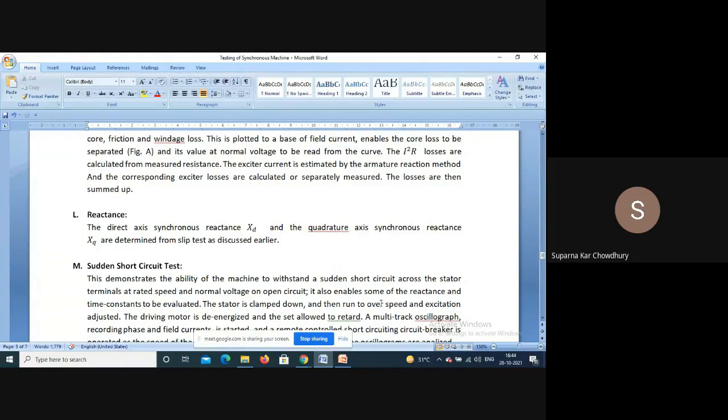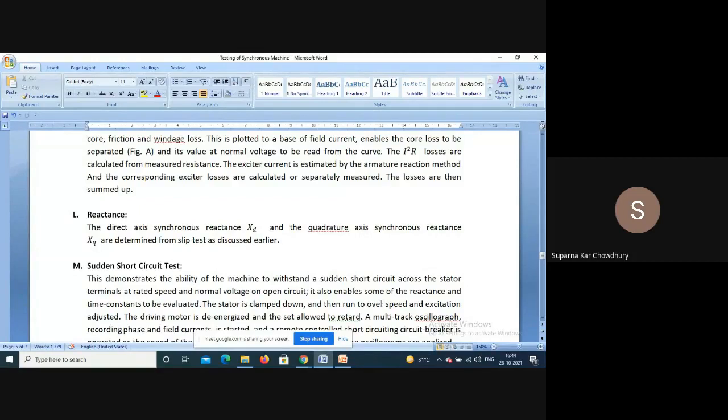The opposite happens when the rotating field coincides with the quadrature axis. There the reluctance is maximum, so the magnetizing current requirement is maximum. The drop is maximum, so the corresponding voltage will be minimum. So minimum voltage divided by maximum current will give Xq.